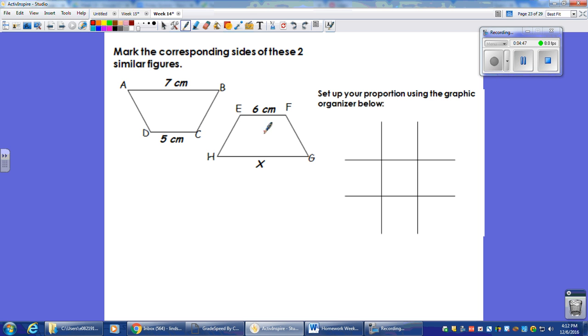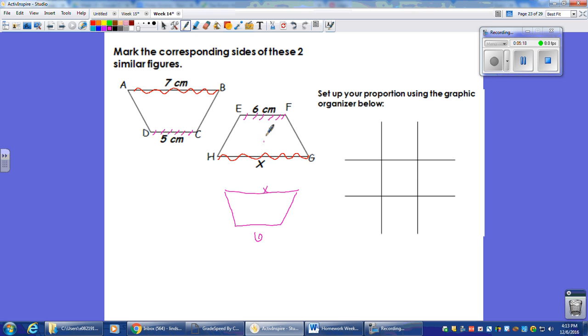You can say, okay, well, 7 is the bottom. It's like the fat side. So if 7 is the long side and x is the long side, that means that these sides are corresponding. Now the short side on the bottom would be corresponding with the short side on the top over here. And if you wanted to redraw this one over here, we could, and we would say, well, that means that 6 is on the bottom